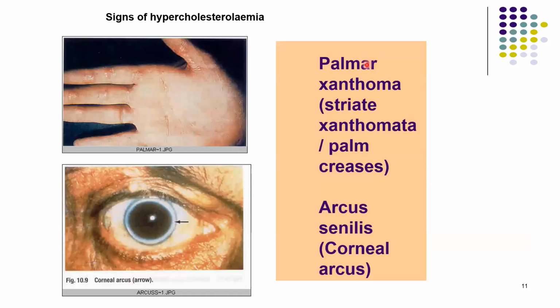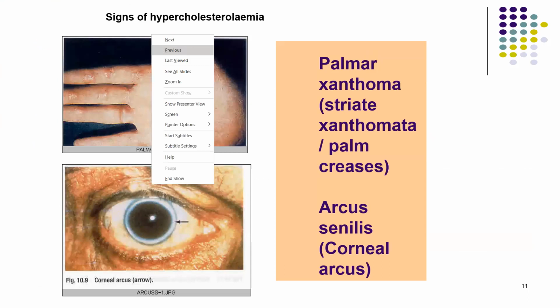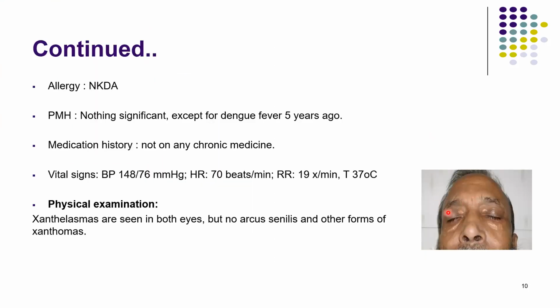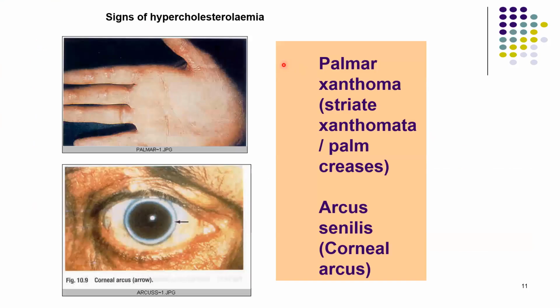Now, why is this xanthelasma important? Because we can see that these are signs of hypercholesterolemia. Palmar xanthoma or striatal xanthomata, palm creases in English. So these are depositions of fat and cholesterol. And then we have arcus senilis, now I mentioned